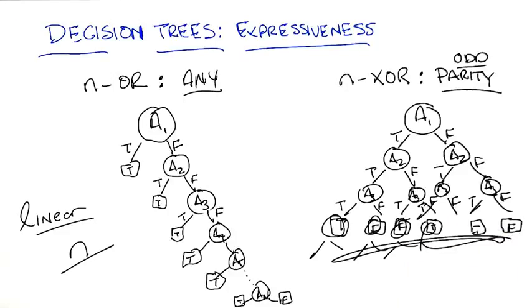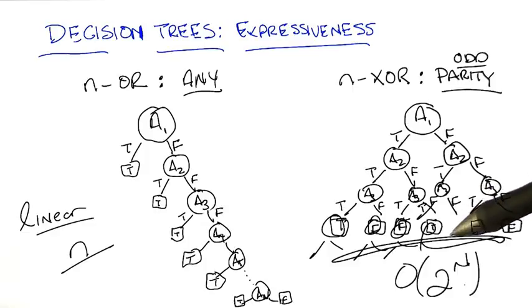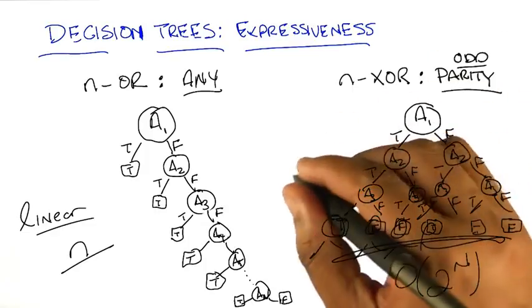So how many nodes do you think there are? Well, for 3, there was 1, 2, 3, 4, 5, 6, 7, which seems suspiciously like 1 less than a power of 2. And that is exactly right. You need more or less 2 to the n nodes, or 2 to the n, maybe minus 1. But let's just say big O of 2 to the n. Everyone watching this is a computer scientist, so they know what big O means. Okay, so you need an exponential, therefore, as opposed to linear